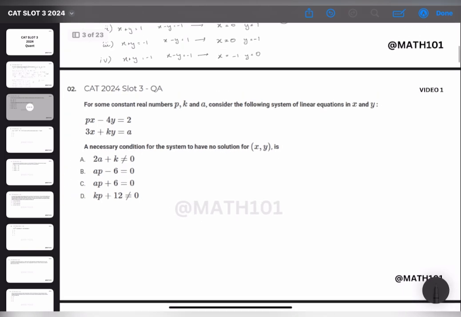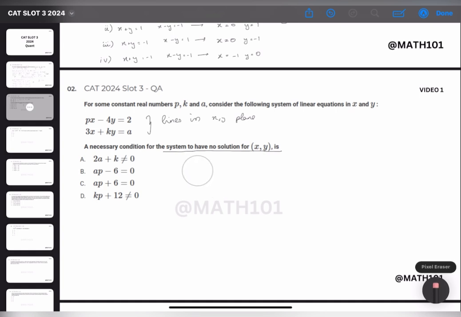For question number 2, we have two linear equations in x and y. That means these two represent some lines in the xy plane. And for the system to have no solution, we need these two lines to be parallel. That happens when p upon 3 equals